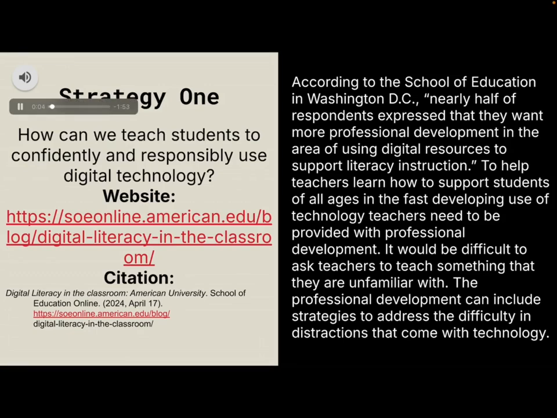One strategy that I found to answer the question, how can we teach students to confidently and responsibly use digital technology, is this website. And it's actually a school of education that's based in Washington, D.C. And one of the quotes that I found on it is that nearly half of respondents, so they took a poll, expressed that they want more professional development in the area of using digital resources